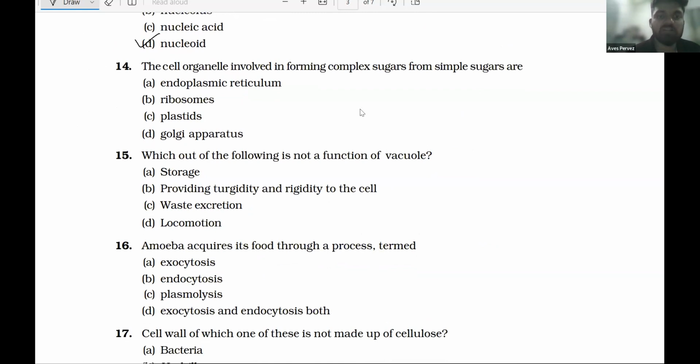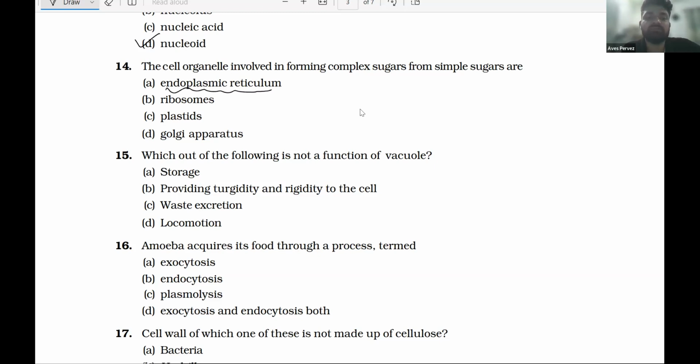Which cell organelle is involved in forming complex sugars from simple sugars? Munir, Golgi, sir. Golgi apparatus. I have taught you this in the class also, that the protein that is synthesized